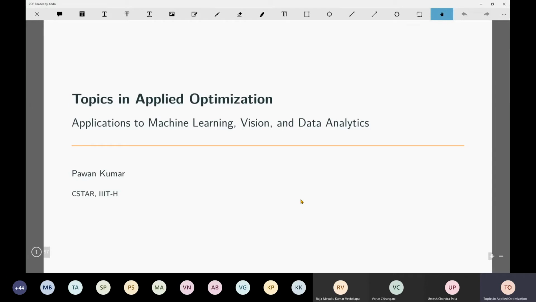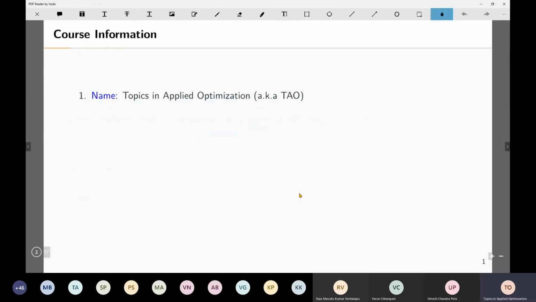In the first lecture, I will give you some overview, and then maybe I can already start with the review. So, course information. The name of the course, the code, and all this is known by now. Prerequisites for this course